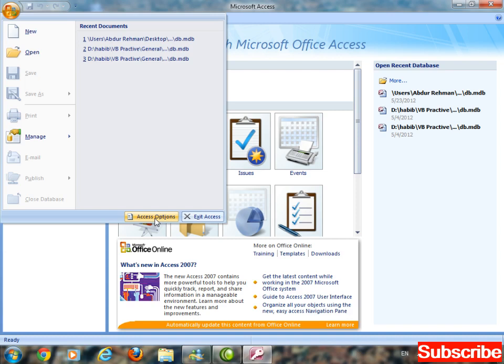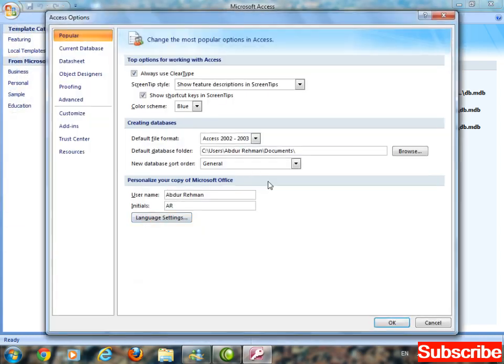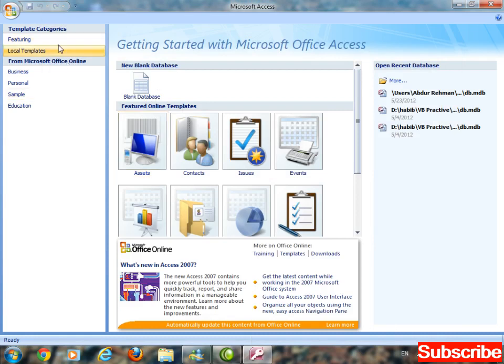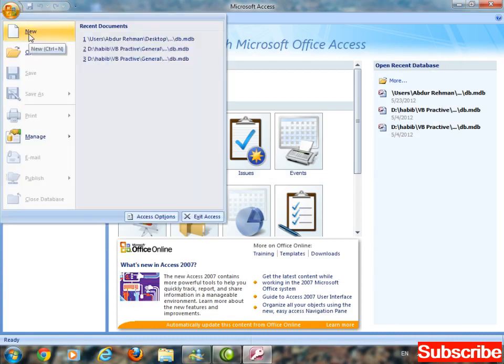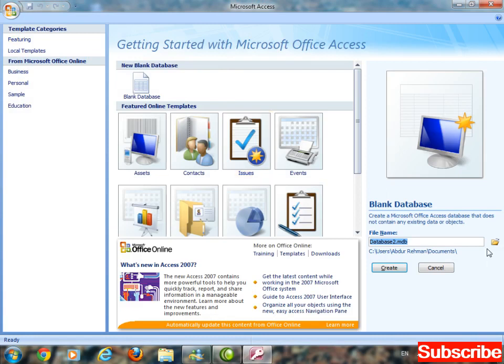From Access Options, you have to select the default file format. This will be 2007, so you have to select 2002-2003 because of versions, Visual Basic version. Okay, now start a new database, create a new database, new, browse location,